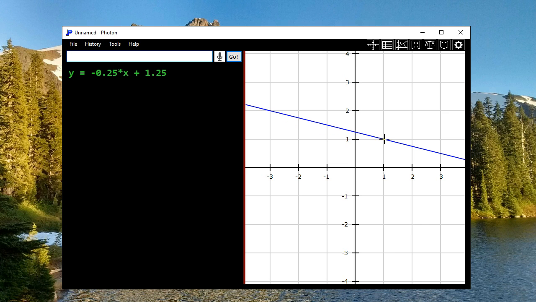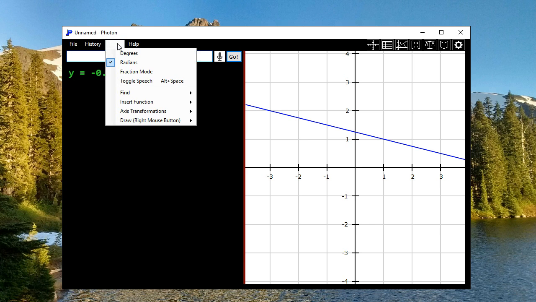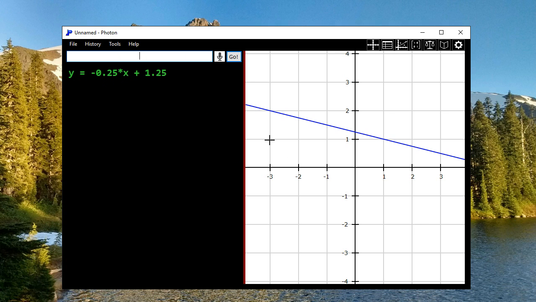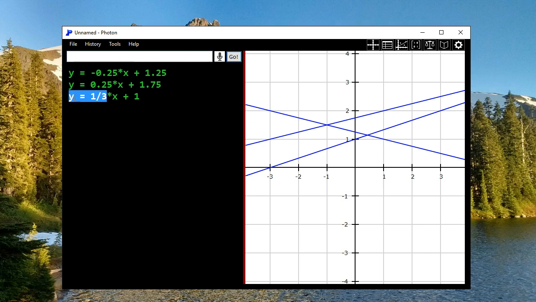Really simple. So you'll notice that this didn't quite match exactly with where I drew, and that's because the type of drawing that I have right now is simple linear. So what it does is it just uses the first point where you start the mouse click, and then as it goes, it really doesn't matter where you go, but the ending point is the last point that it's going to pay attention to. And then it tries to round it to the nearest integer there. So of course, if we're in fraction mode, then we're going to be able to get our function expressed with fractions. So that's the one type of